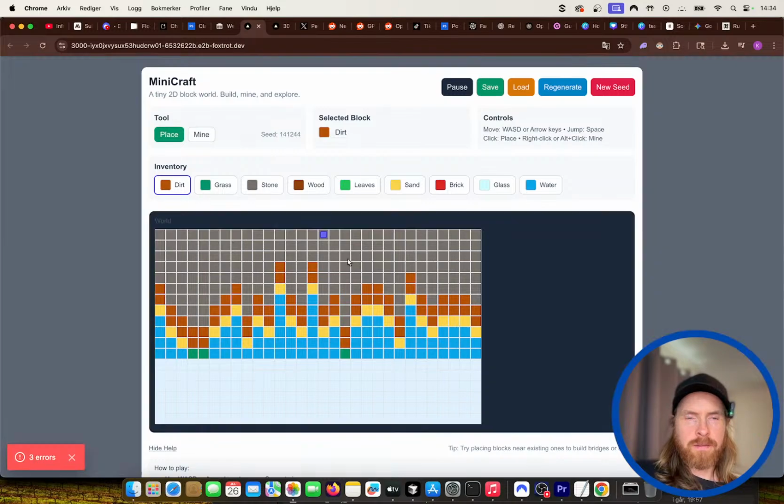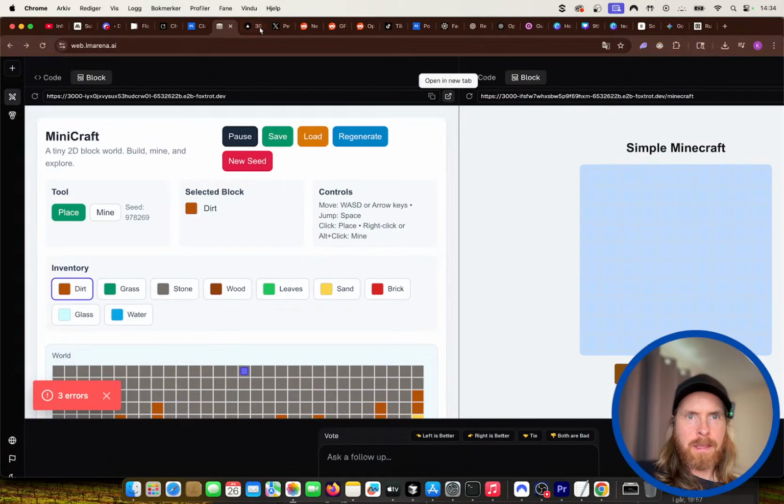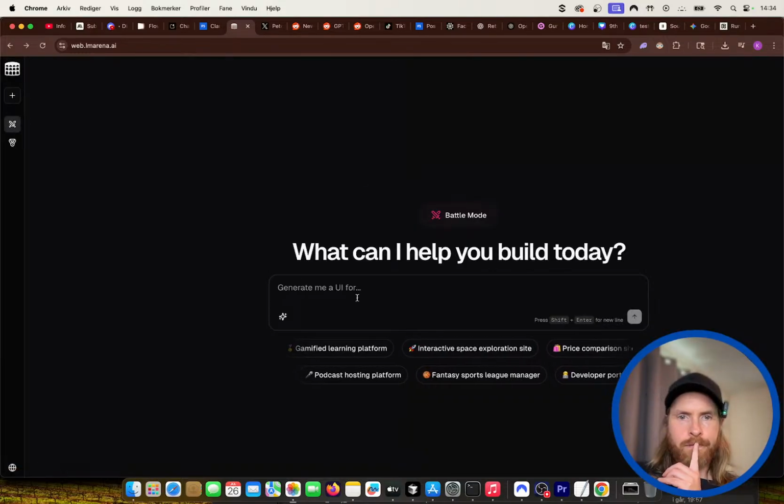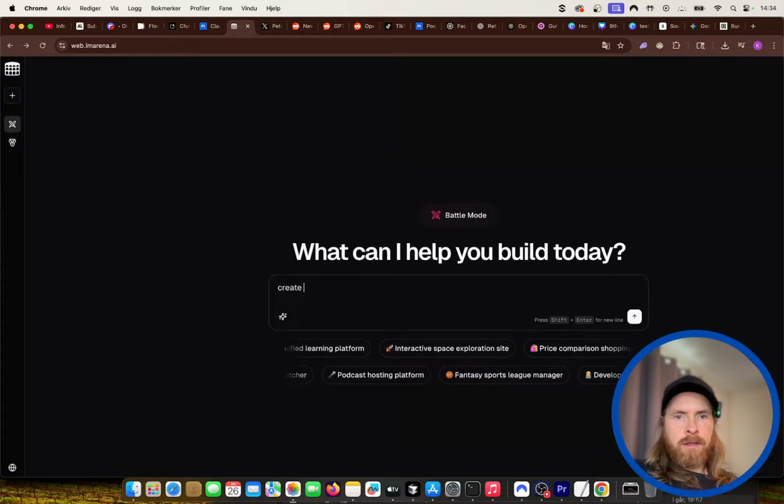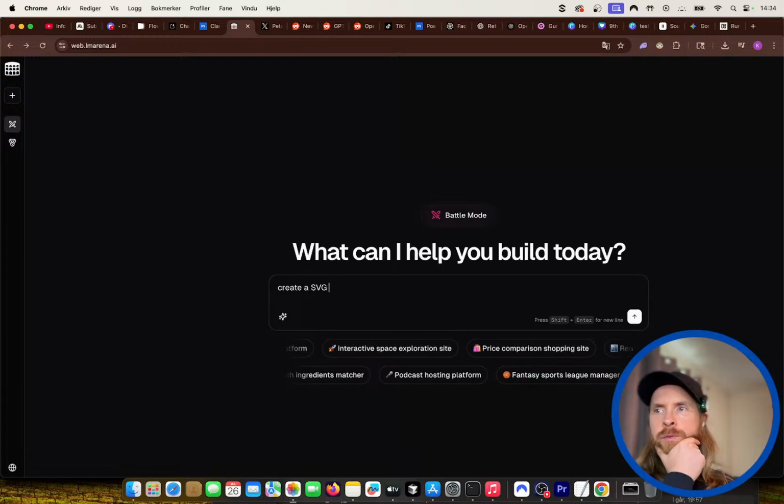It doesn't work. Let's try create a SVG. Hello, Larry. With a hidden symbol in OpenAI logo, I can never use. No truth there.